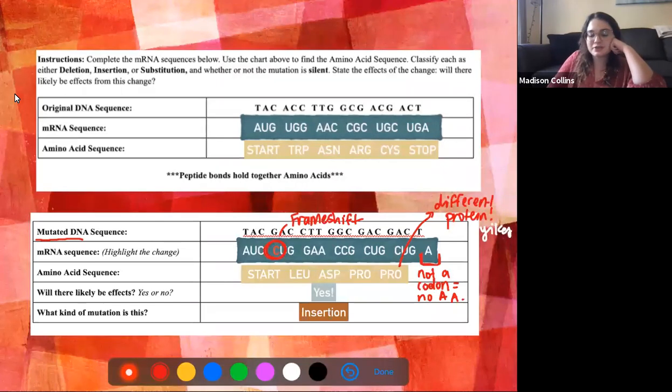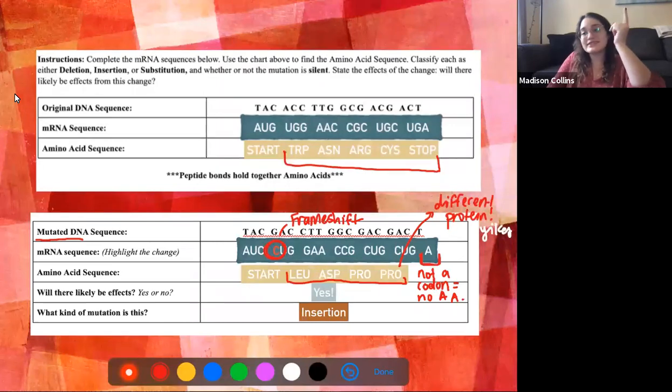Right, so we see that because that one base was inserted, it changed every single amino acid afterwards. There weren't any other similarities. So because of that one single base, it essentially ruined the entire strand. Now, it didn't ruin it. A protein will be made, but definitely not the same protein that we wanted, right? So mutations can have some really, really detrimental effects. But